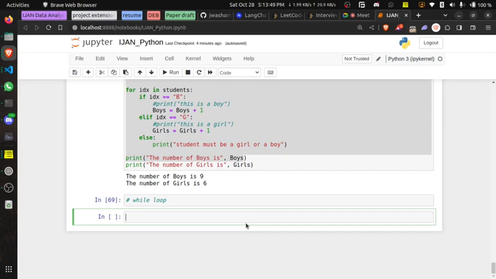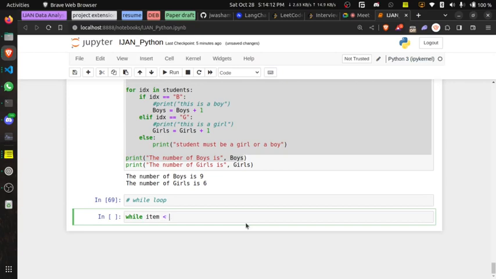Remember, we don't know the range, we just know we want to print 1 to 10. So we can have a while statement that uses a condition, and the condition has to be true. We could say while item